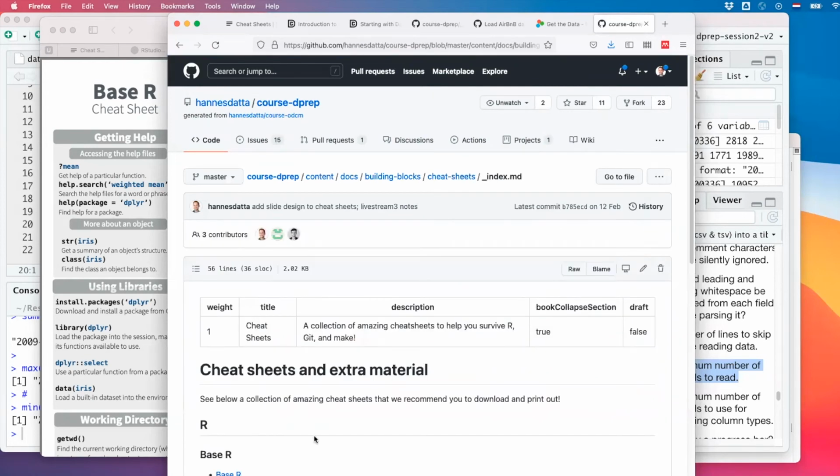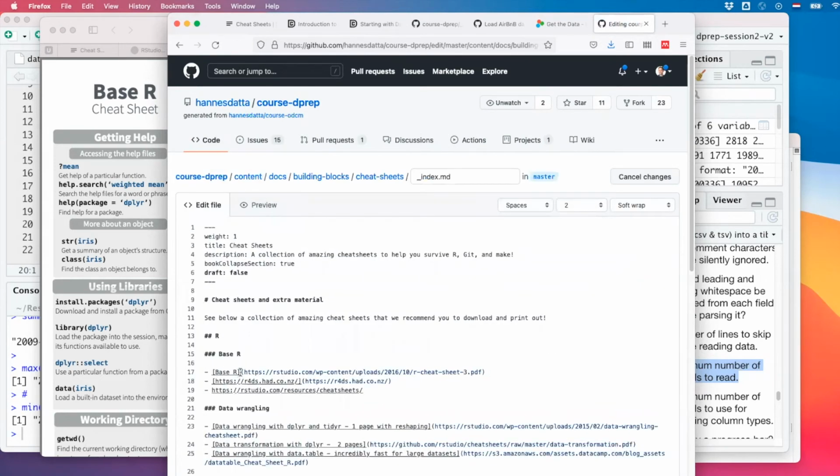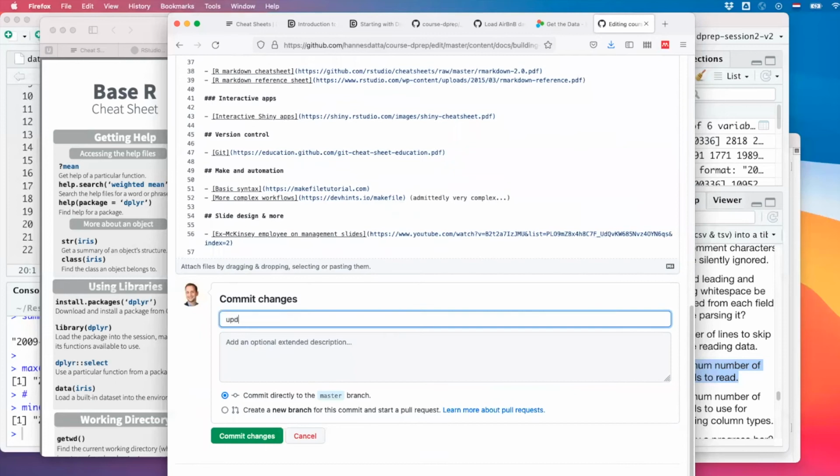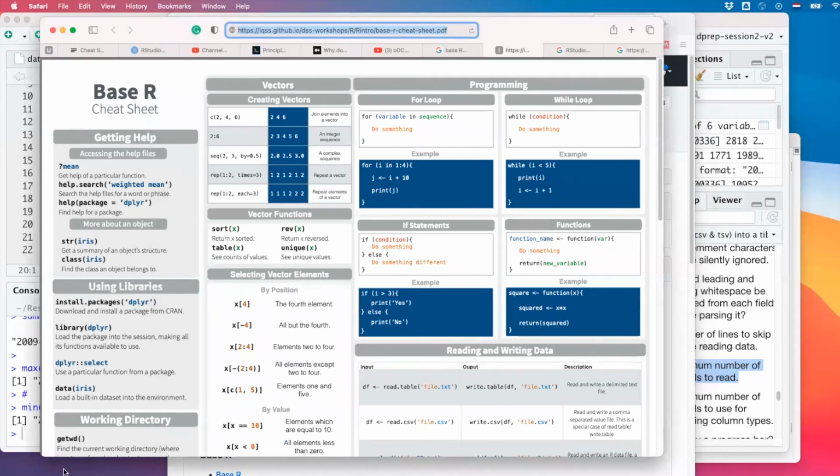By the way, Wouter, you don't need to memorize anything. It's an open book exam, and I have cheat sheets all the time. Coding wouldn't work if we weren't able to look at the work of others. You're not allowed to ask other students in this class what they would write in the exam, but it's of course possible to use cheat sheets. So right now, base R, I'll just replace this with a better version and fix links. In a few seconds, that site is also up to date. That's why I love GitHub, and that's why you learn GitHub, right?